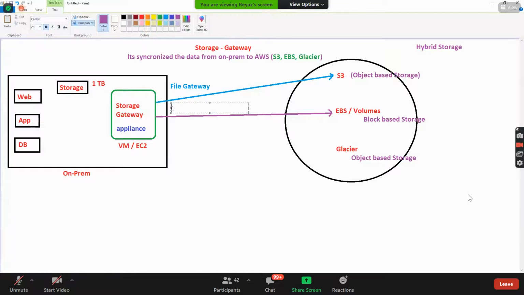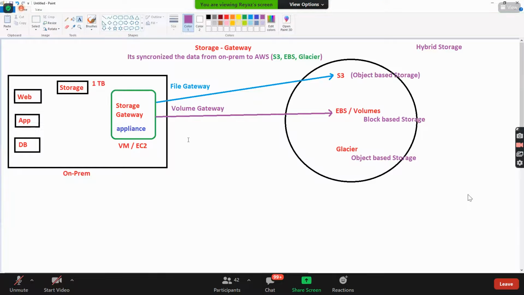What is that called? Volume gateway. And finally, you can move the data to Glacier using a gateway called the tape gateway.